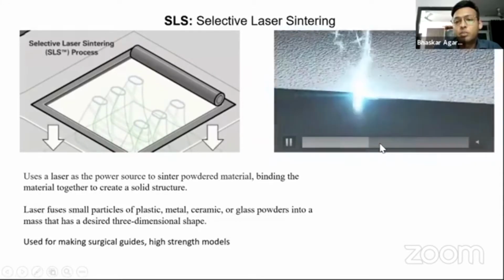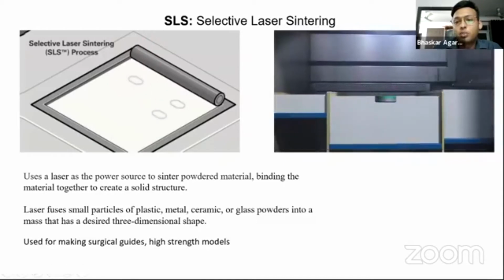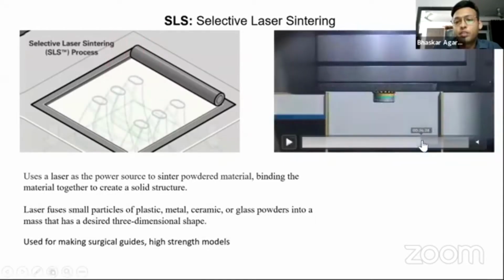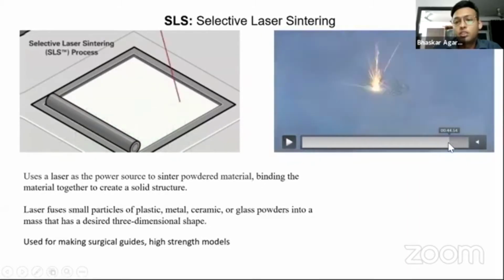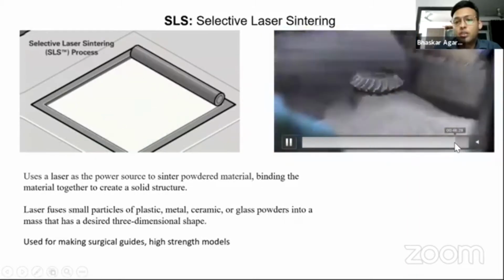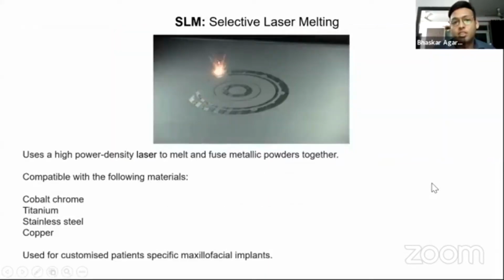It fuses and melts it, and layer by layer the next layer is deposited, and this is how a complete 3D structure is made out of powder. So this is selective laser sintering.